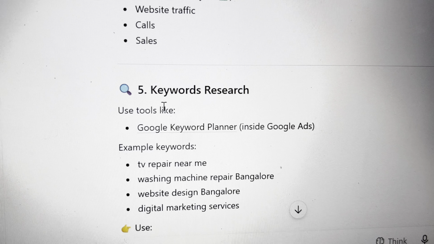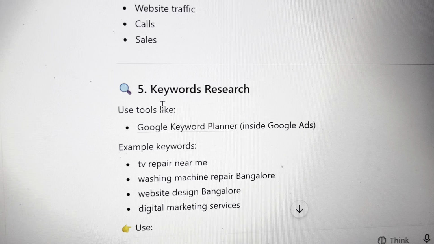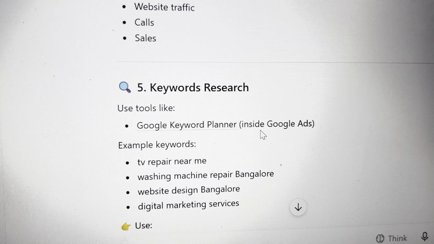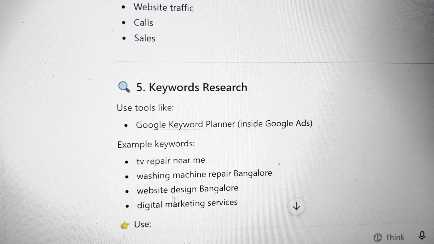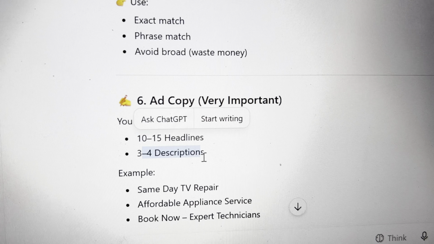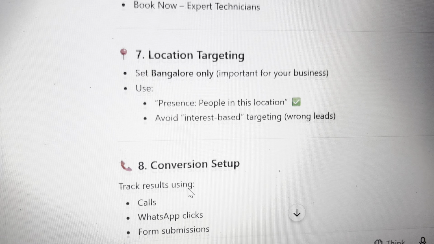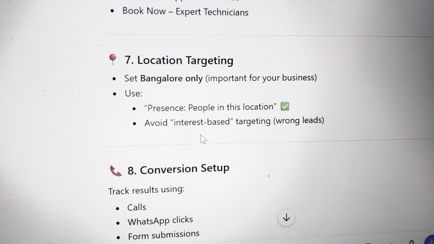Fifth step is keyword. What keyword you need to use for Google, like TV repair, washing machine. This is the example. Then 10 to 15 headlines you need, 3 to 4 descriptions like this. Location, which location you're targeting, conversion setup,